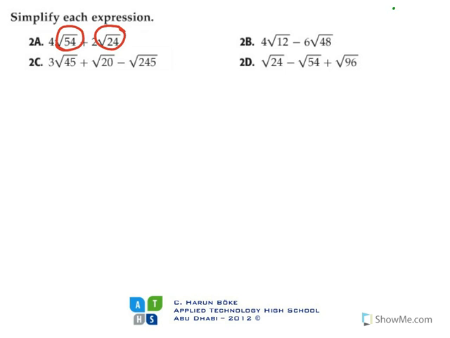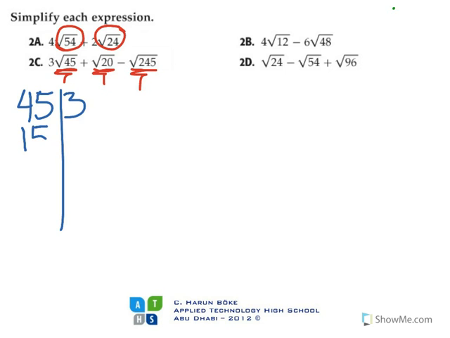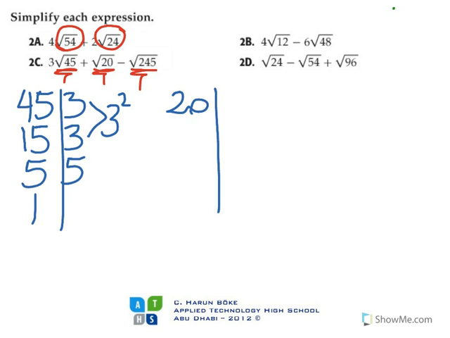Now let's look at 2c. In 2c we have square root of 45, square root of 20, and square root of 245. Now we have to simplify these expressions first. So 45 is, well, dividing by 3 we get 15, dividing by 3 we get 5, and dividing by 5 we get 1. So it is nothing but 3 squared times 5. Now for 20, we start with dividing by 2, we have 10, dividing by 2 we have 5, dividing by 5 we have 1. So it is 2 squared times 5,